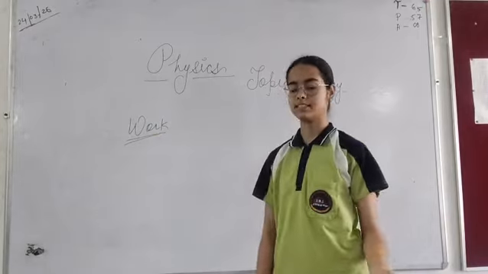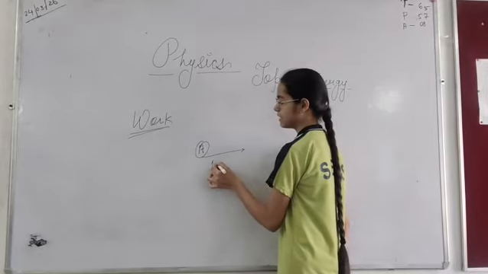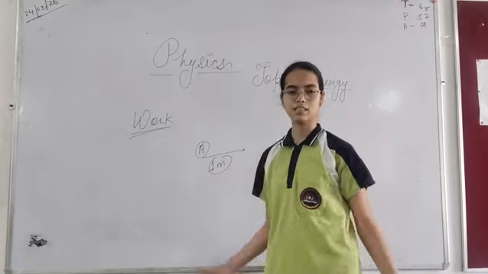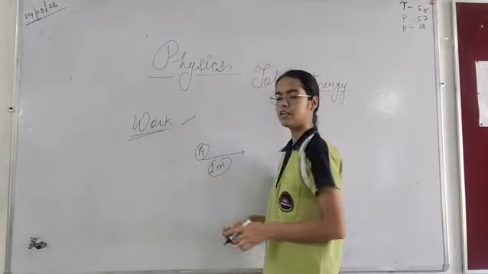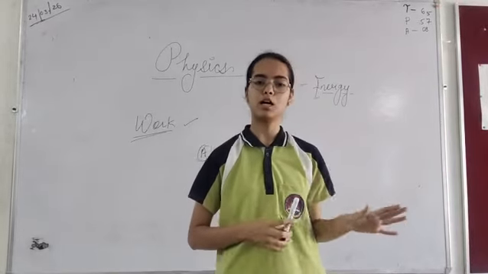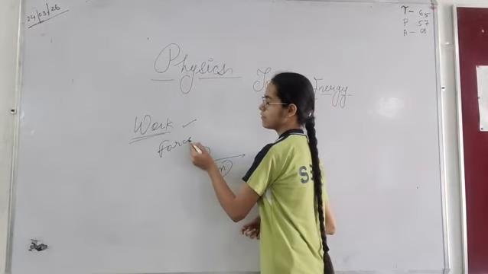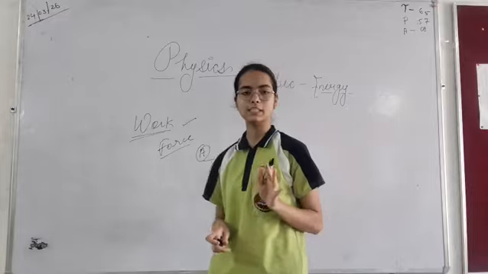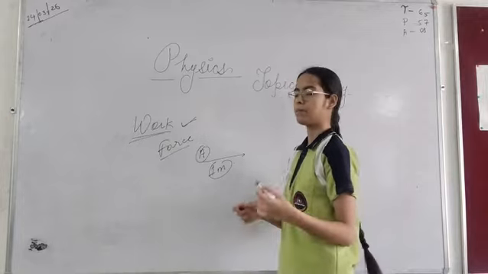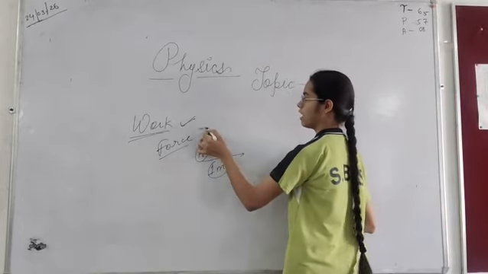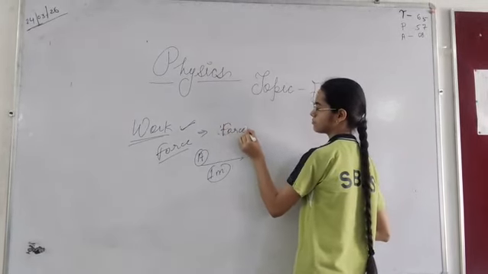Work. For example, let's say if I have a body A which moves a distance of 1 meter, is this body said to do any work? So let us see what is work. Work is something, for example, if I pull a body, or if I push a body, that means any force. If I give any force to any body, and the body is displaced to a certain place, then that body is said to be doing work. So the definition of work is force into displacement.